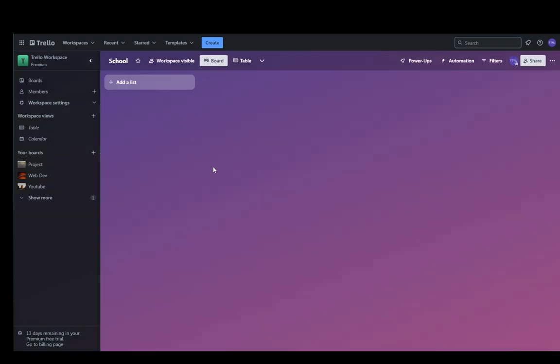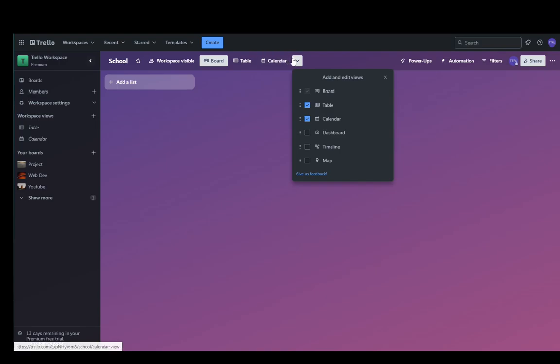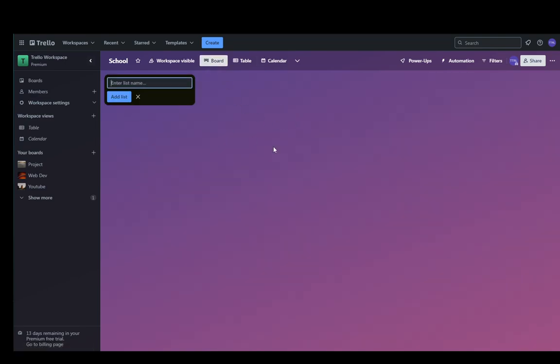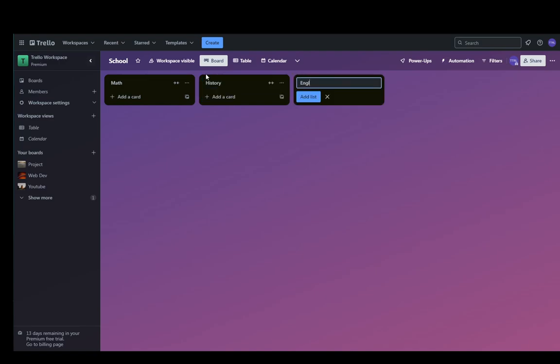Now, as you can see, I need to enter a list name or add a new list, and to do this, you can very easily just separate it by either subjects or by days. You can create an entire timetable. You can go into your calendar and create a calendar of your classes by going here, adding cards, and then of course just adding them in the days where they're supposed to be, making them, well, be repeating until you disable them, etc, etc. But yeah, for example, I'll add a list named math, I'll add history and English, for